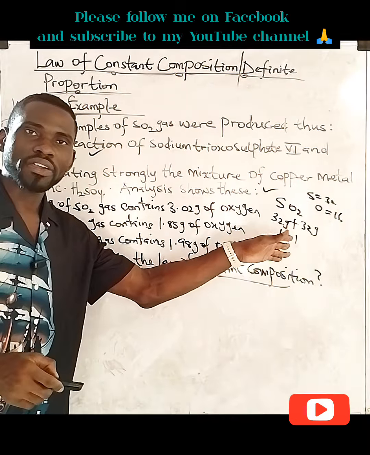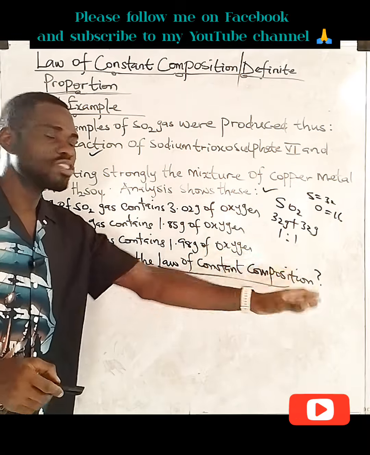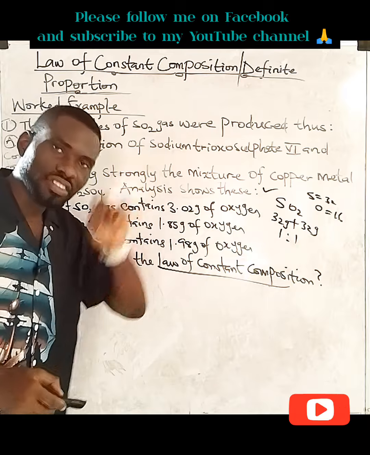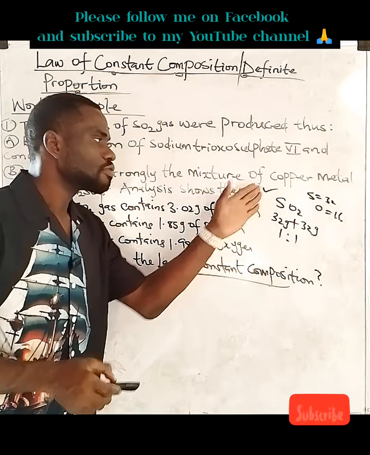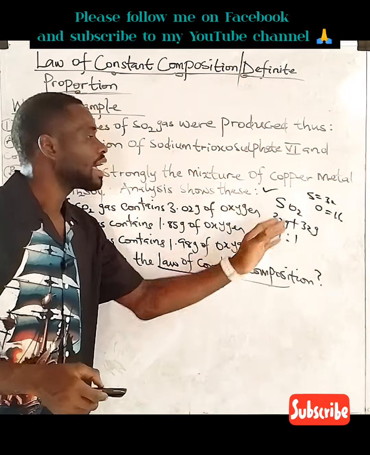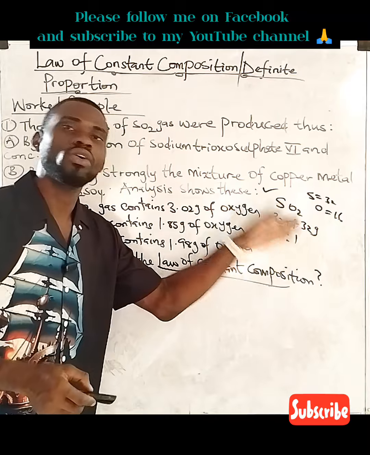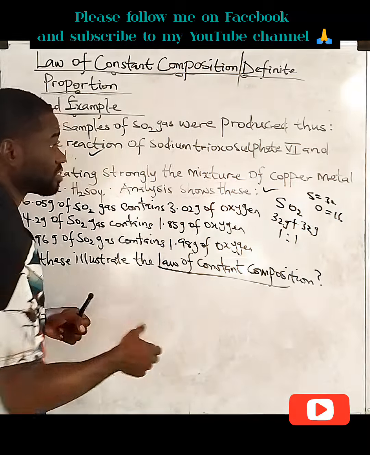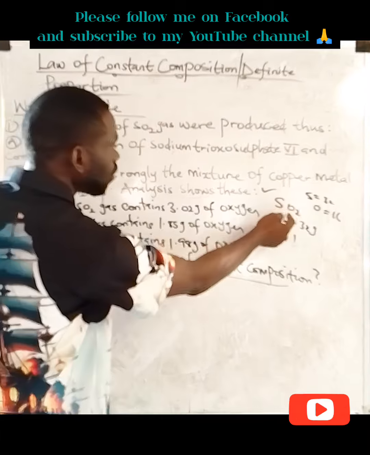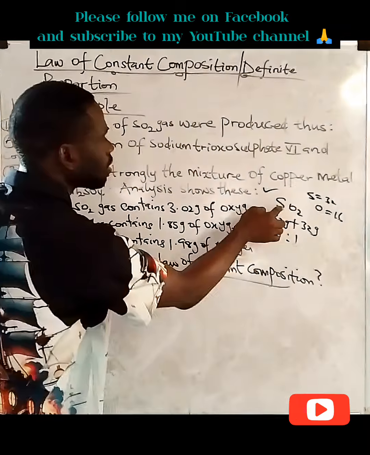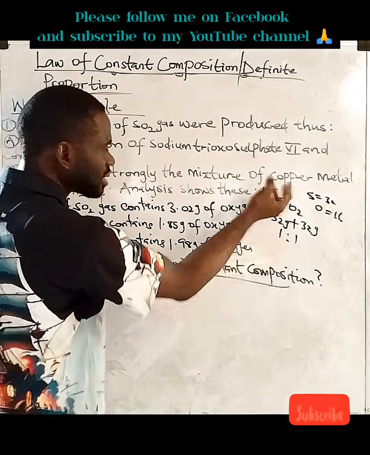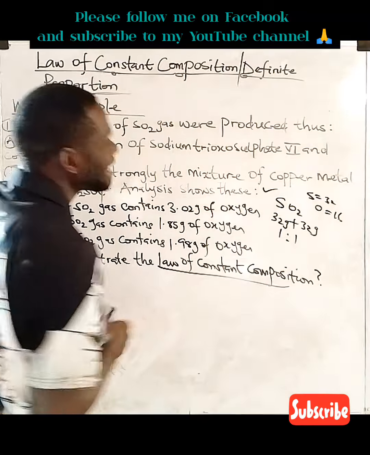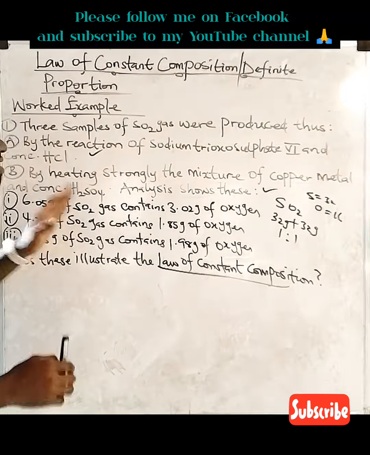That's what this law is all about. It means regardless of the method used in producing SO2 gas, it doesn't change the fact that we're just going to have 50% of sulfur and 50% also of oxygen in that very composition. That's what it means. It doesn't change the fact that sulfur is going to be 32, oxygen is 16 times 2. So we have 2 atoms of oxygen and 1 atom of sulfur. So when you check the masses, you end up having 1:1. That is what this law is all about. So let's see if this law